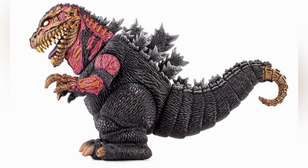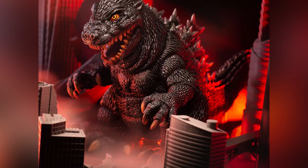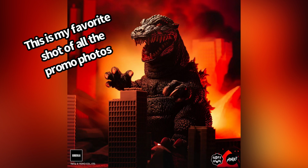Very different from the other stuff that Mondo has been putting out. I love all their Sofubi releases that they've been doing. Granted, I only have Jet Jaguar and a variant of the Godzilla 84. I was not able to obtain Space Godzilla. I really couldn't at the time, unfortunately. But I'm still keeping an eye out with Mondo's releases because they just keep putting